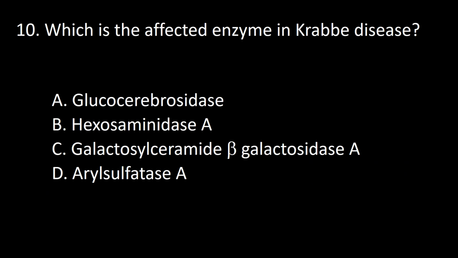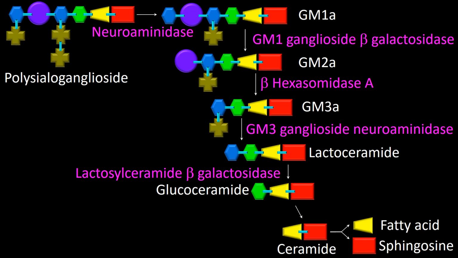Next question. Which is the affected enzyme in Krabbe disease? A, glucocerebrosidase, B, hexosaminidase A, C, galactosylceramide beta-galactosidase, D, arylsulfatase A. Back to the complicated chart of